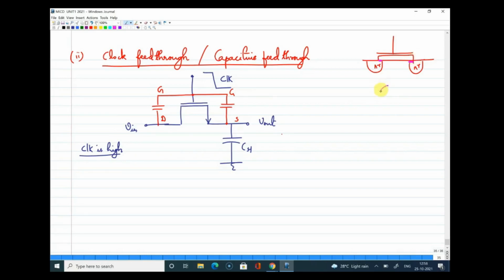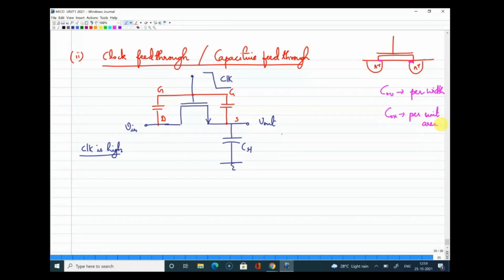And if you remember, this overlap capacitance is expressed as per width capacitance, where your oxide capacitance is expressed as capacitance per unit area, whereas overlap capacitance is expressed as unit length capacitance, or per width. Right. So these capacitances are there, and for a real MOSFET there will be some overlap capacitance.